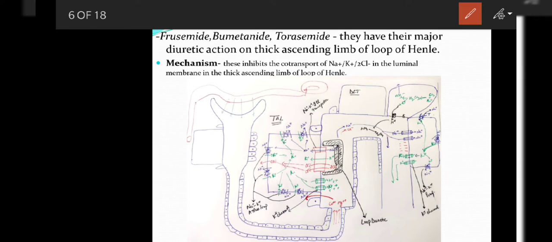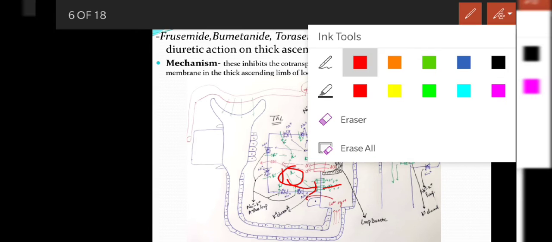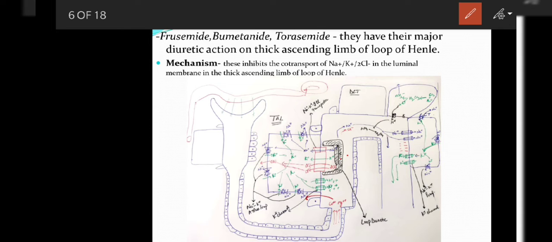Now we see here that potassium is transferred from the luminal side into the cell. Also, potassium is coming from the basolateral side. That is, we see an abundant amount of potassium present in the thick ascending loop of Henle cell. Now, this large amount of potassium present in the cell will move through these leaky channels into the lumen. Now, what we are seeing here is a type of recycling. First, potassium is coming from lumen to the cell and cell into the lumen.